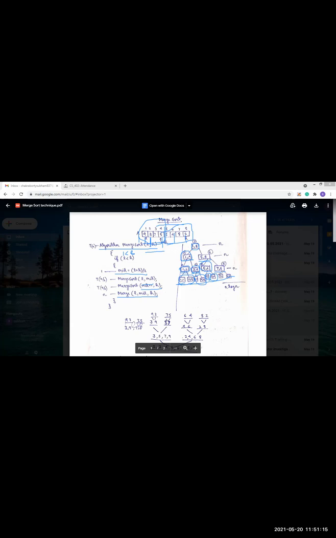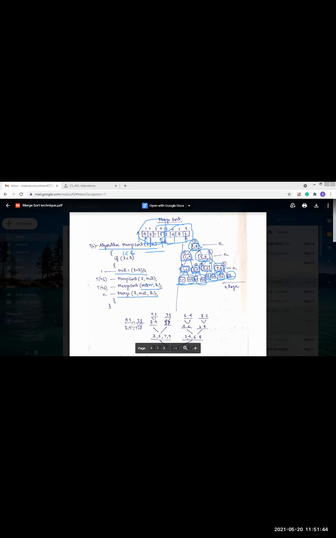And again, we will perform this and this merging. This will be our fifth merging. And after that, these two will be merged. So after merging, this will be the sixth merging. And after that, these two will be merged and we will get the final value. So that's how the merging can be done. This is the main technique of merge sort.